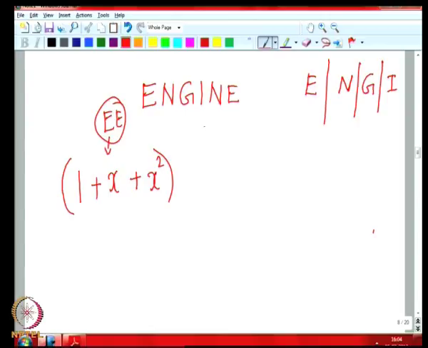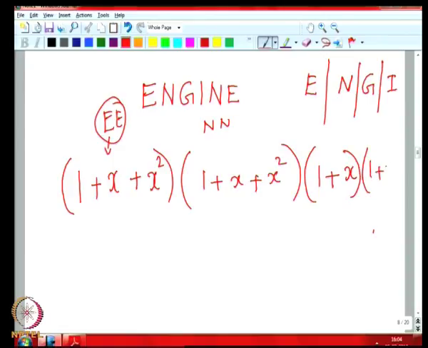And now for 2 N's also we can have one such term, 1 plus x plus x square, because you may not select any of the N's in the 4 letters we pick, or we may select 1 N, or we may select 2 N's. And for the other letters G and I, which appear only once, we have only 2 choices, either we select or do not select. Now let us say this is f of x, we claim that this f of x